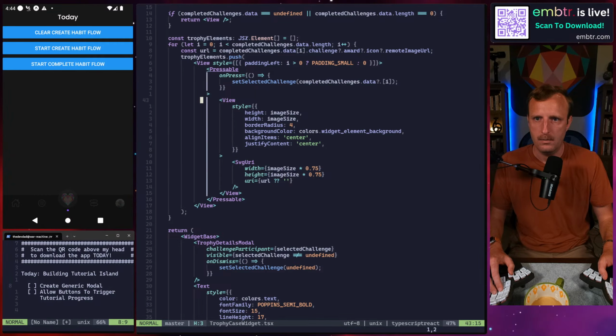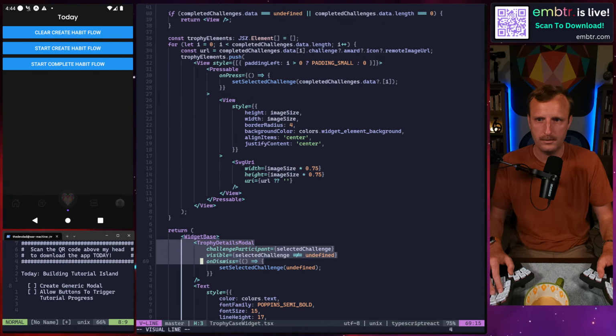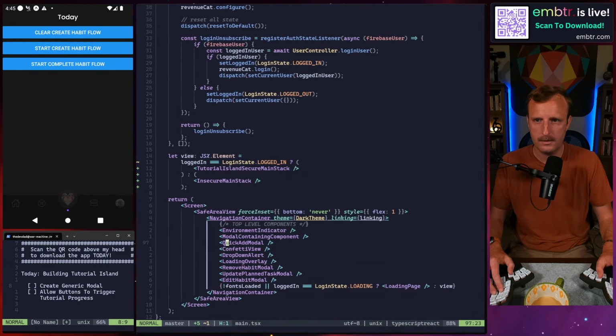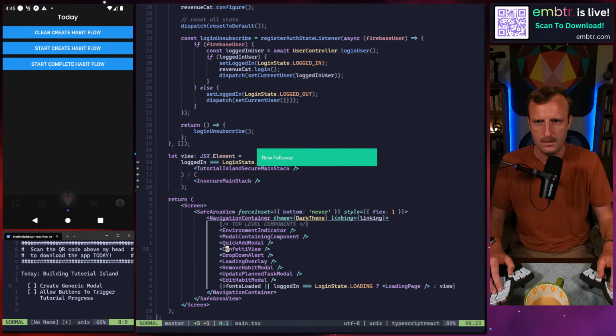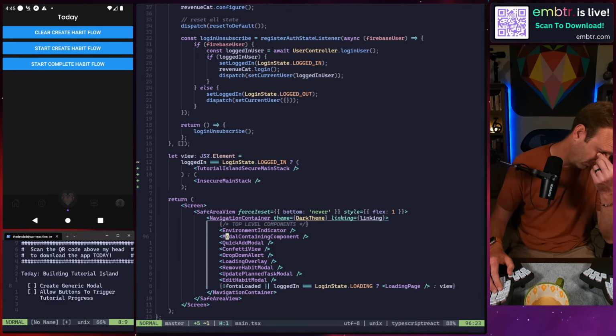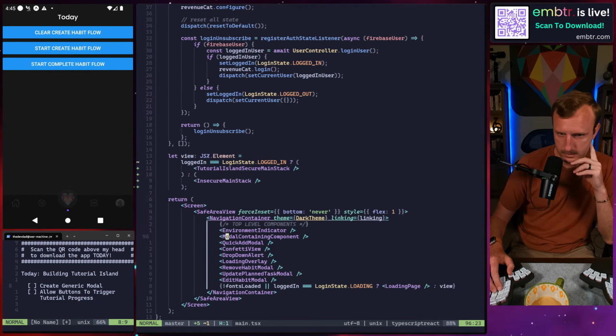So, what this is doing is, I think I have to unfortunately do, I don't really want to, but one way I know I can do this is these generic components. So confetti view, drop down alert. So I can make one called tutorial island modal. And what I could do,